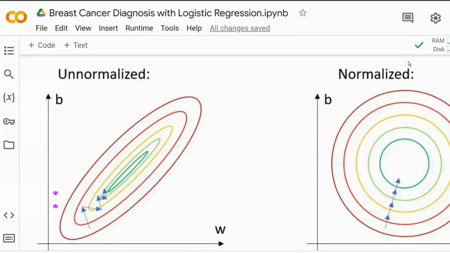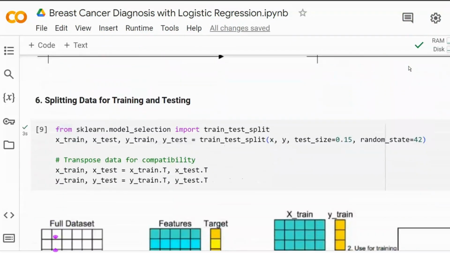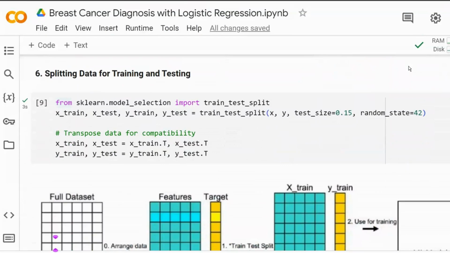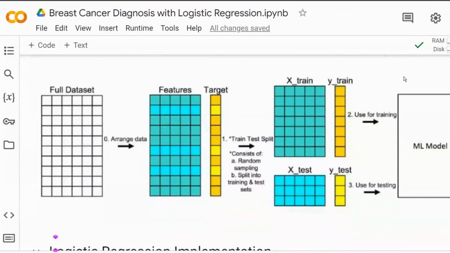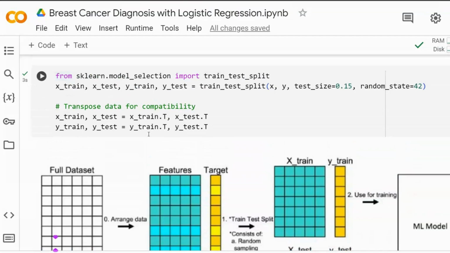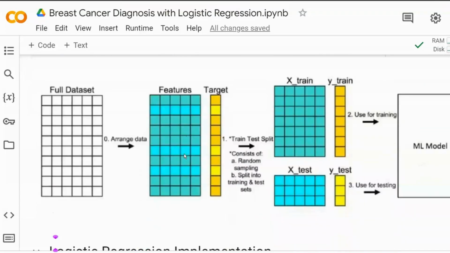Okay, so we've got our data all cleaned up and ready to go. What happens next? So the next step is to split the data into what we call training and testing sets. It's like studying for a test and then taking a practice exam to see how well you've learned the material. So we're basically giving the model a chance to practice on one set of data and then see how well it performs on a completely new set it hasn't seen before. In this case, they used 85% of the data for training and 15% for testing. So the model gets to practice on the majority of the data, and then we evaluate it on the remaining portion to see how well it generalizes to new information. That's right. It's all about making sure the model can apply what it's learned